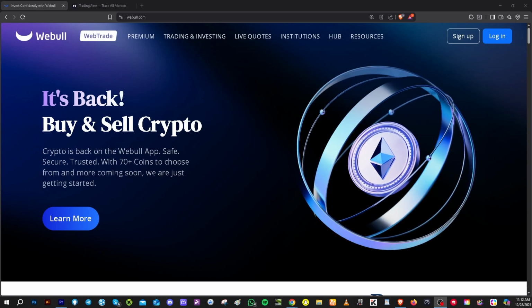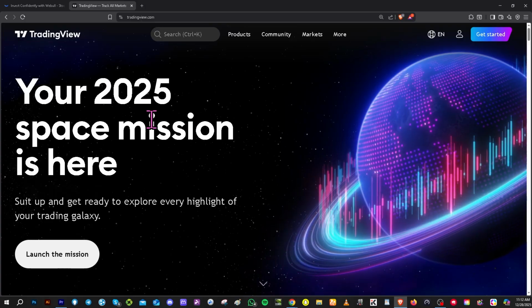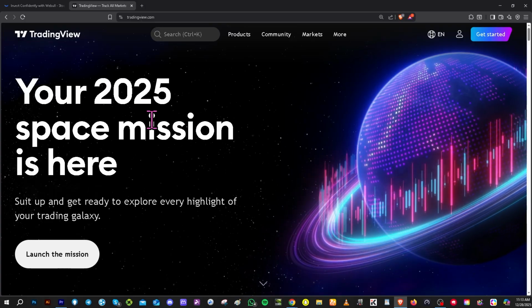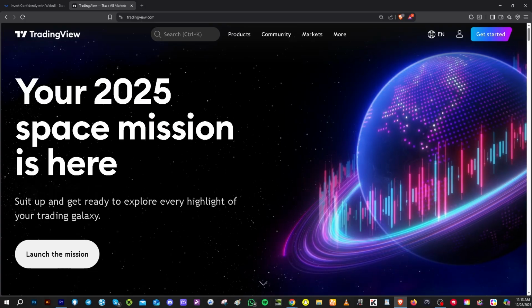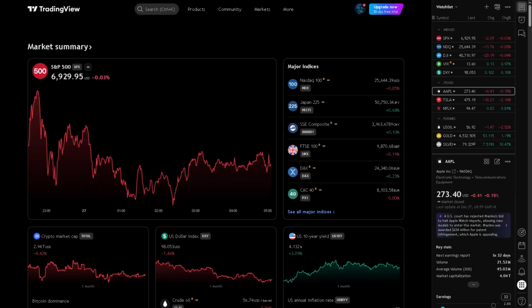In today's video, we are going to show you how to connect your Webull account to TradingView so you can trade directly from TradingView's powerful charts. Let's begin. Now, the first thing that you need to do is to log in using your credentials, and then